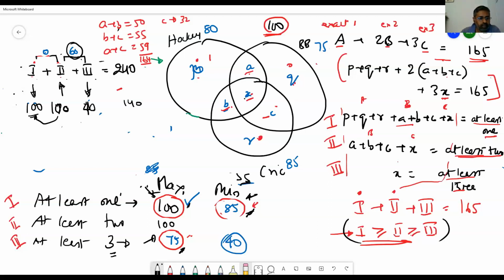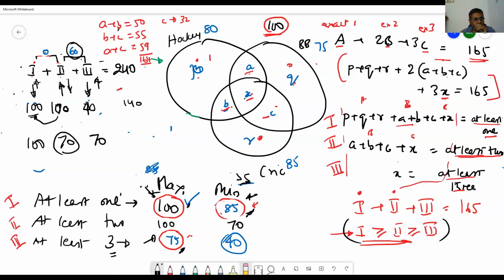Minimum value means it should be minimum. These 2 should be max, isn't it? Whatever said and done, to get this max, we have to take 100 here. Now what will we do? How will you split it? Remaining you have 140. 140 splitting, what do you do? 70, 70. Okay, so this is the minimum value. 70 is the minimum value.